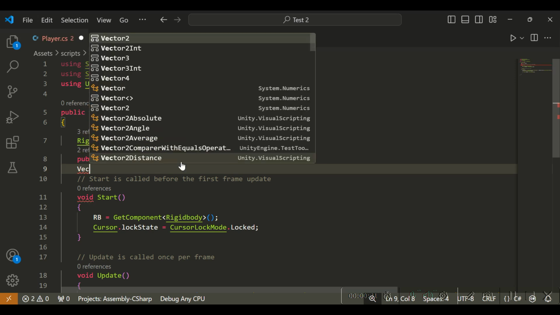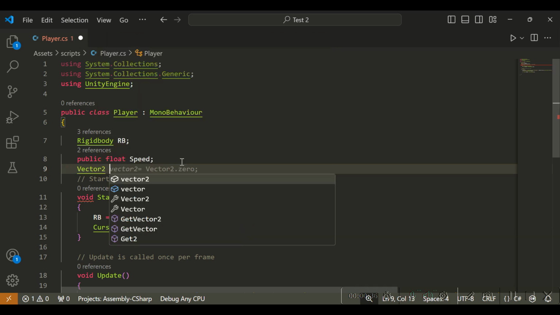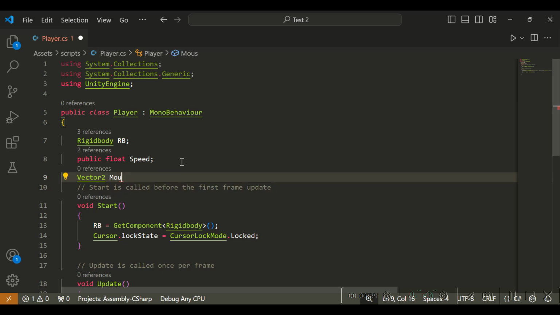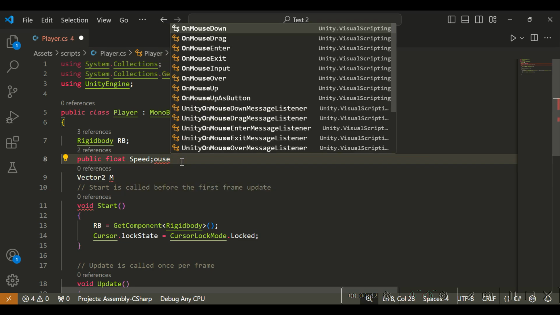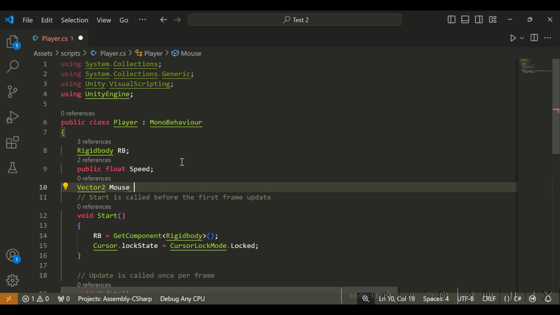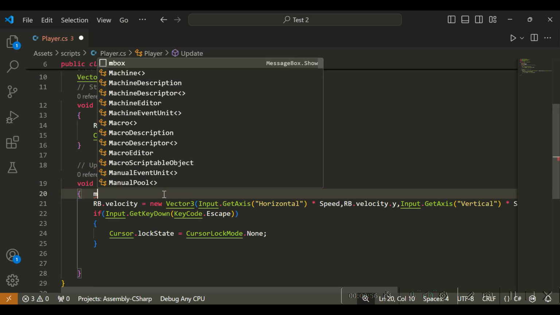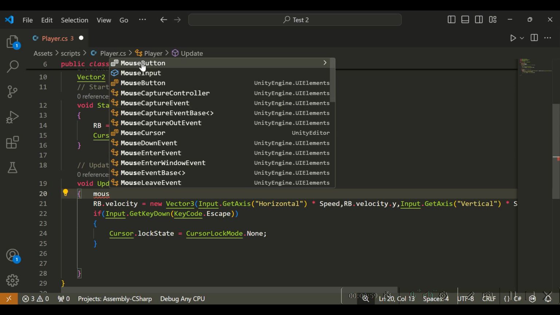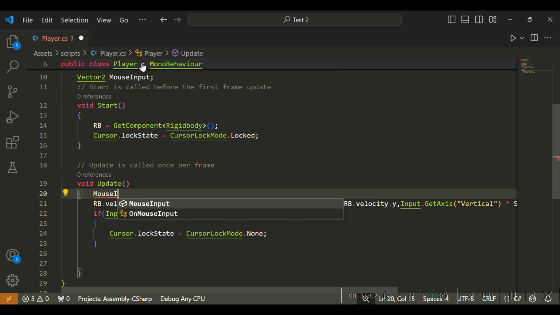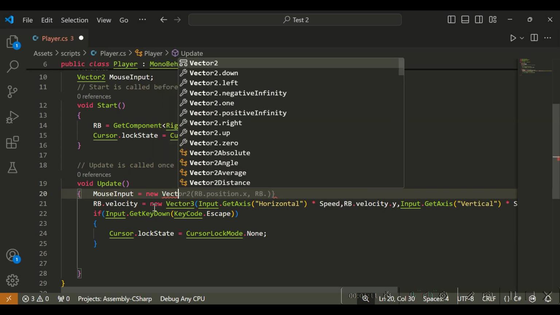Let's name it mouseInput. And now let's go down here and say mouseInput is equal to new Vector2,